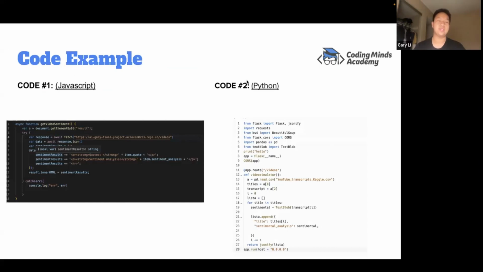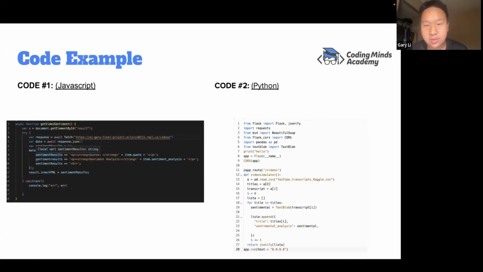And here are two very simple code examples of my entire system. The left is the JavaScript. It is a function in JavaScript that tells you how to apply or scrape the data from the HTML part, and you're manipulating data, and eventually you can get those things from the backend to be shown on the front end.